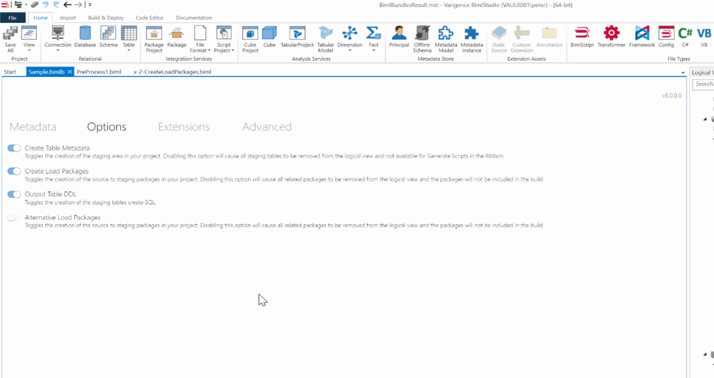We have this output table DDL here. And we also have an output of all the Biml. So what we do is every time the customer builds, they output all of the SQL code to create their environment into a file, and then all of the expanded Biml, not the code, also goes